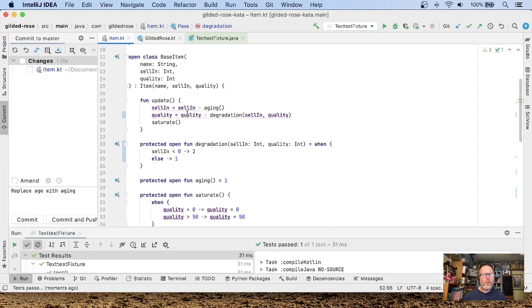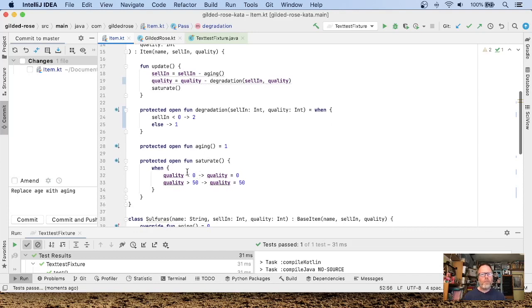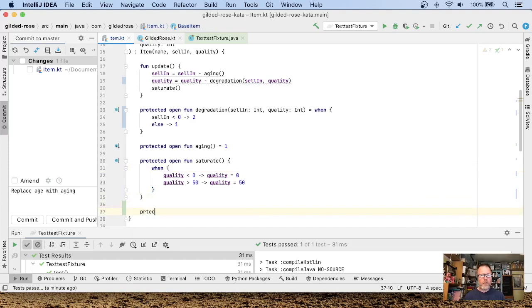Saturation, should we do the same before we take a little break? I suppose we could. So in this case, I think we might just go through and edit. Let's give saturation the same stunt here. Let's say if we had a protected open fun, and this is going to return what we want quality to be rather than what we're going to subtract from it. Saturate, given some quality, which is an int, this is going to want to return an int,